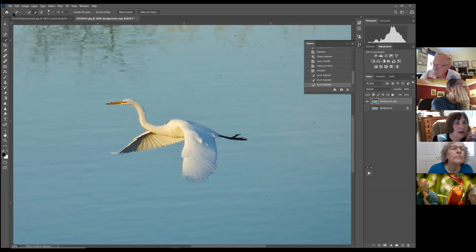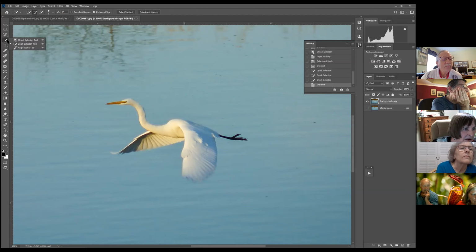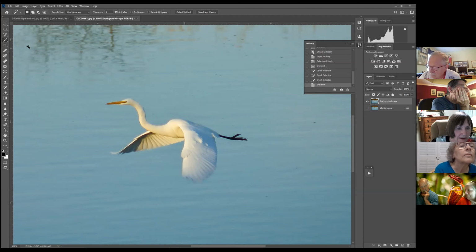And you can also do enhanced edges and that kind of stuff on it. So I'm going to deselect. Then there's another one called the Magic Wand tool. And with the Magic Wand tool, you can pick